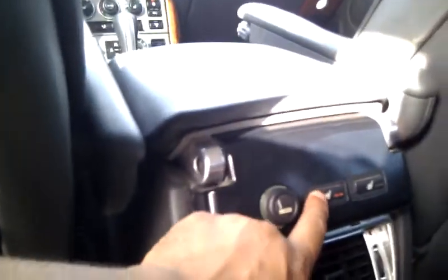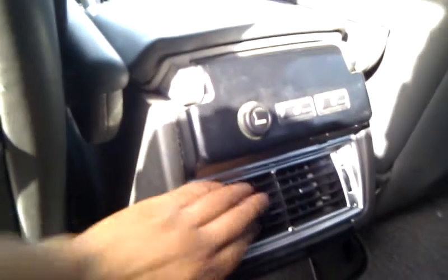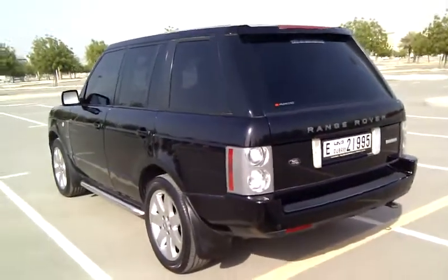There you see even the rear occupants have the option of having heated seats. The rear AC, of course, very loud and powerful, as you could probably hear coming through there. All in excellent order here, including again the spot and cabin lights upgraded to LEDs. Also the rear door lights, speakers all the way around, and towards the back of the vehicle you have of